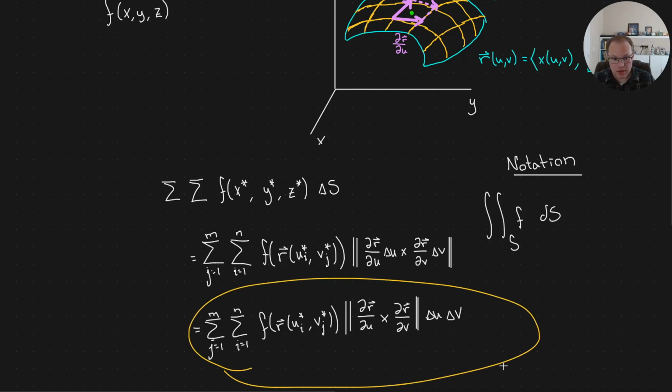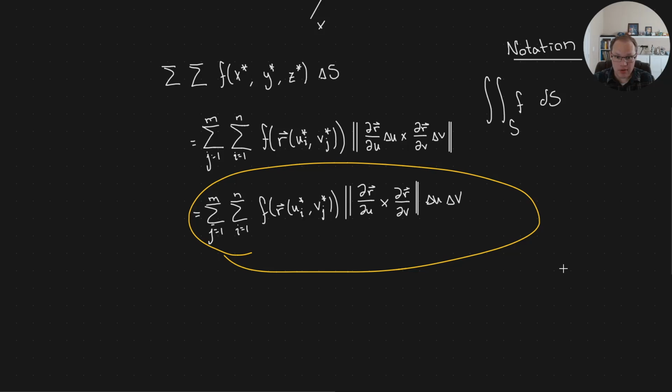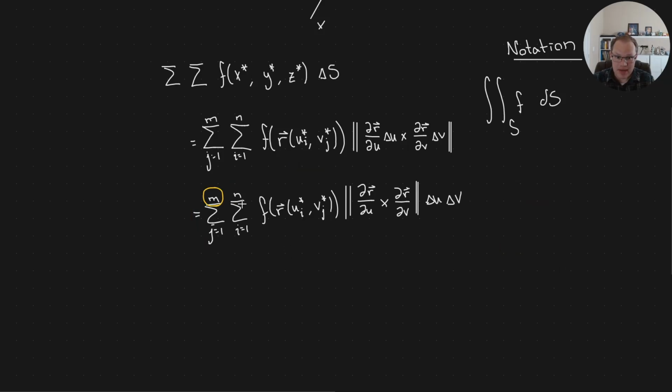And this is now looking like a double Riemann sum, a double integral. And so if I take the limit as my number of segments goes to infinity,